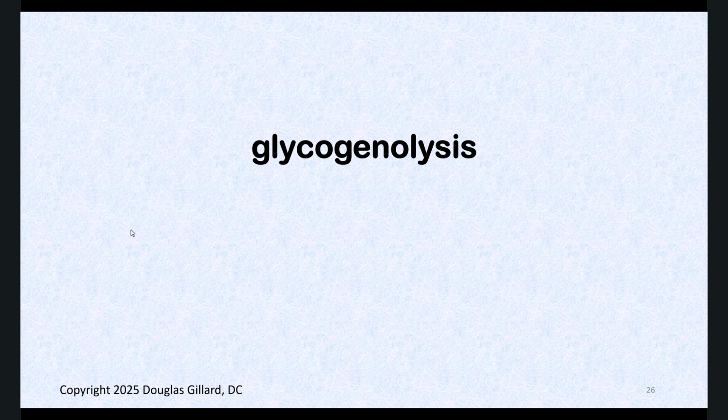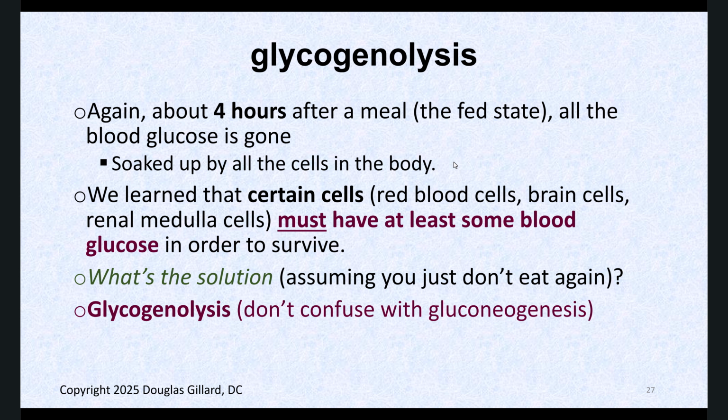In other words, glycogenolysis. Lysis means breakdown, and that's glycogen, right? Glycogen breakdown. All right, about 4 hours after a meal, all the blood glucose is gone. So we learned that certain cells, red blood cells, brain cells, renal, not the adrenal medulla, the renal medulla, must have at least some blood glucose. So what's the solution? It's time to tap into those glycogen molecules and those glycogen reserves. And it's time to run